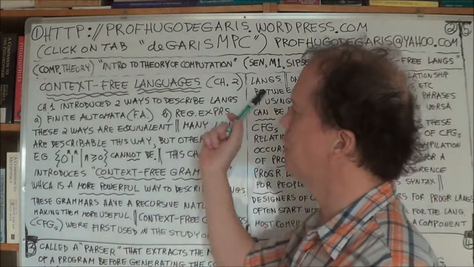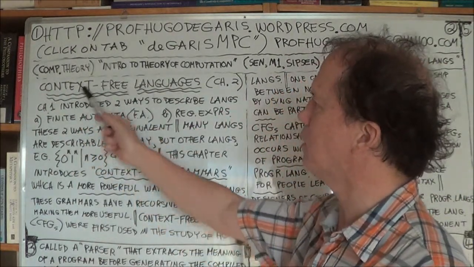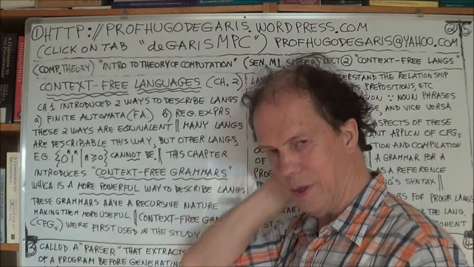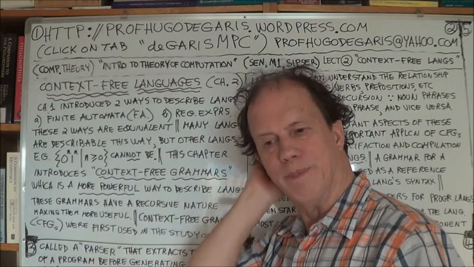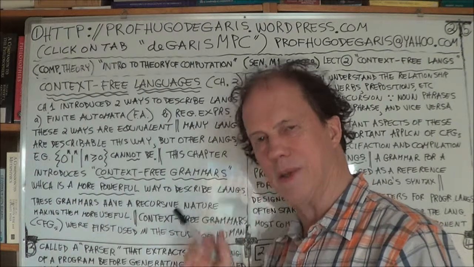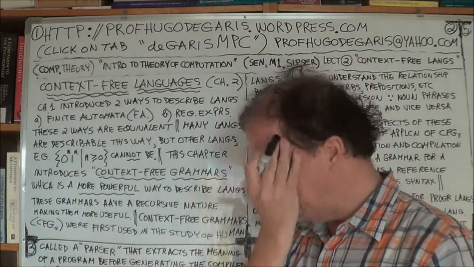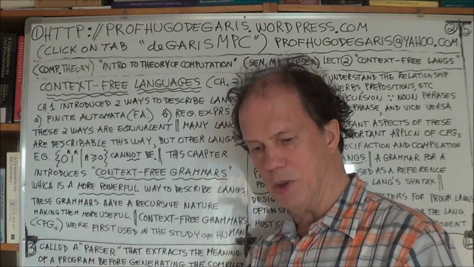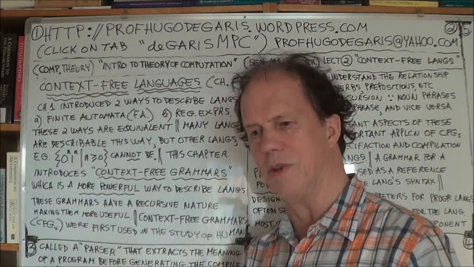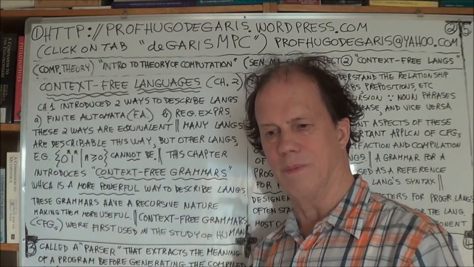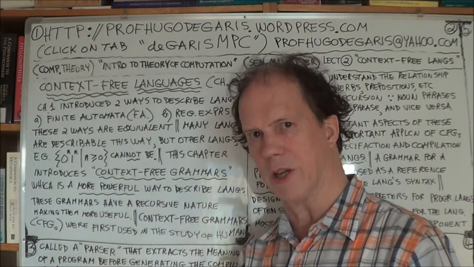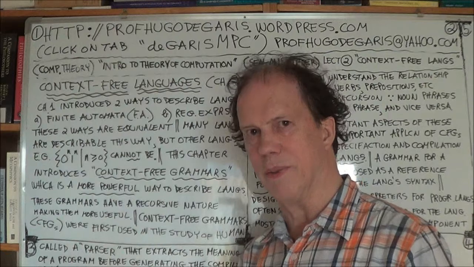Right. So chapter 2, called Context-Free Languages. So they are languages that are free of context. We don't quite know what that means yet. Well, I'll just give you an overview. Say you look at a symbol, and what you do with that symbol depends on its neighbouring symbols. So what you do then depends on the context, in other words the neighbourhood of that particular symbol you're looking at. So that would be context dependent.